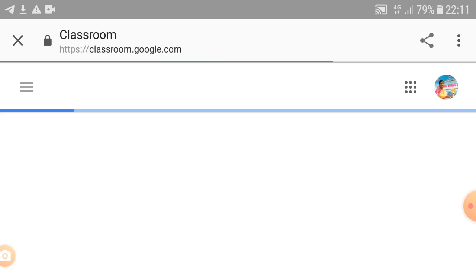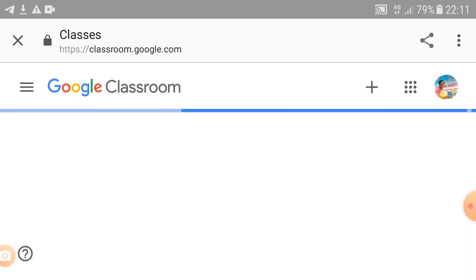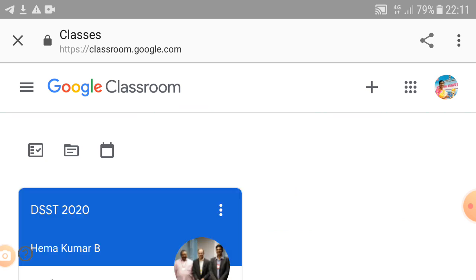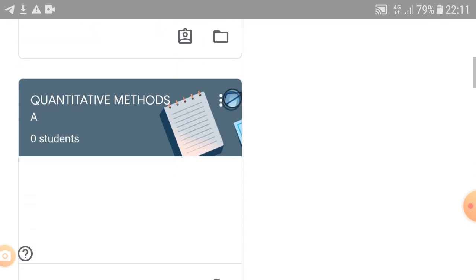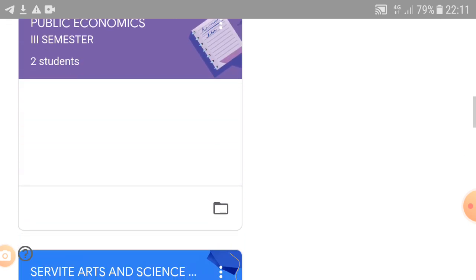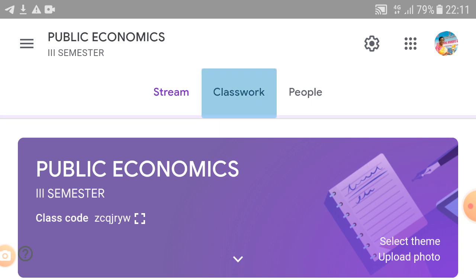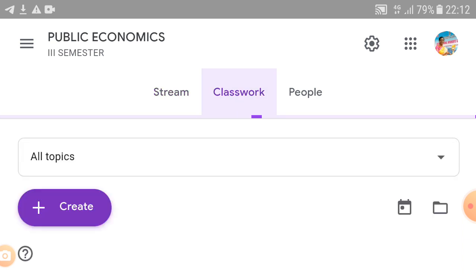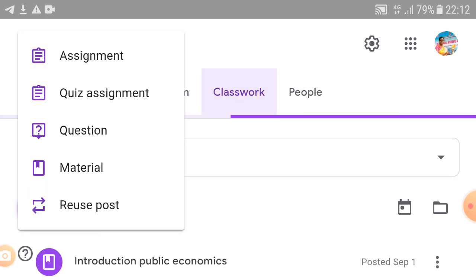As in Classwork, you have to create the assignment, create the quiz, and post materials to the students. In Classwork we already discussed the assignment; next is the question.